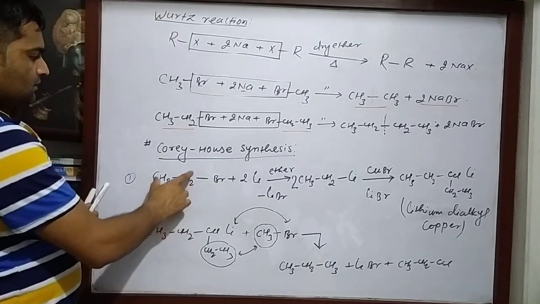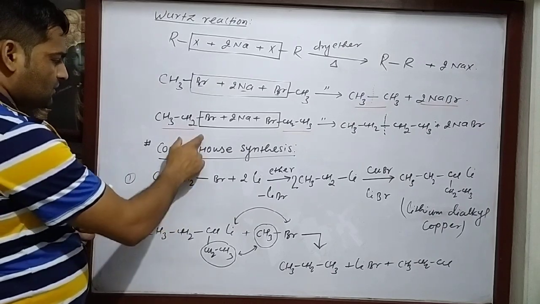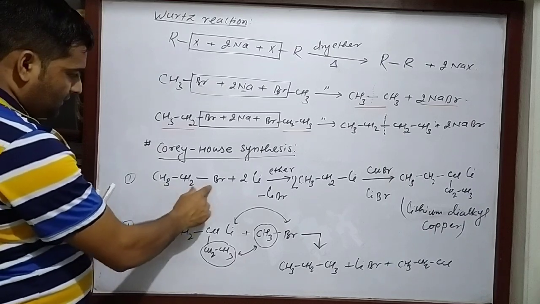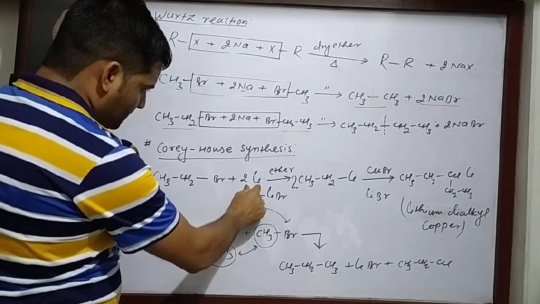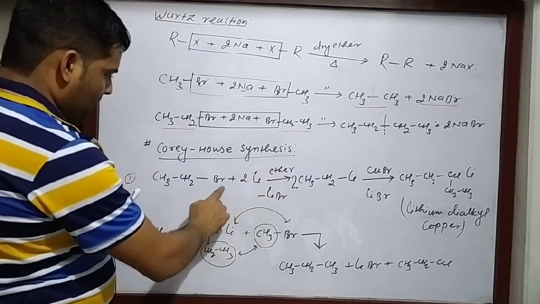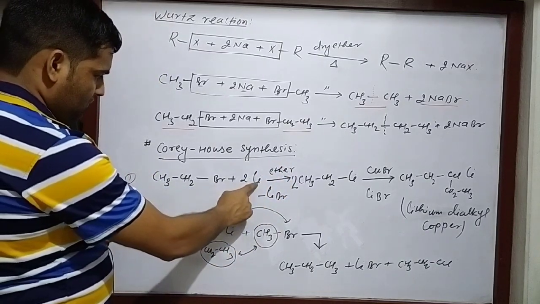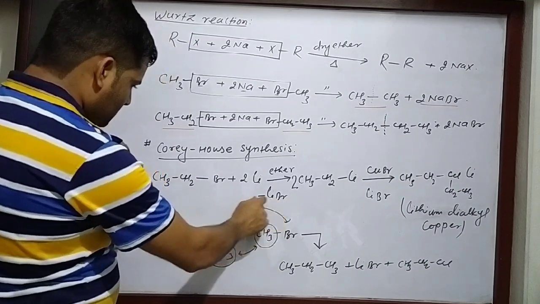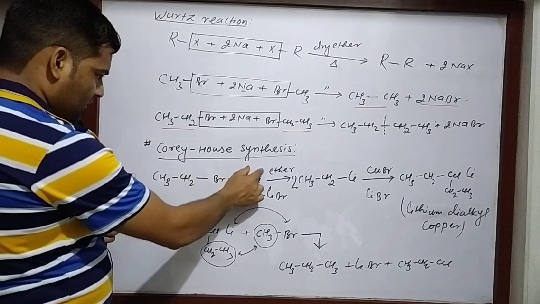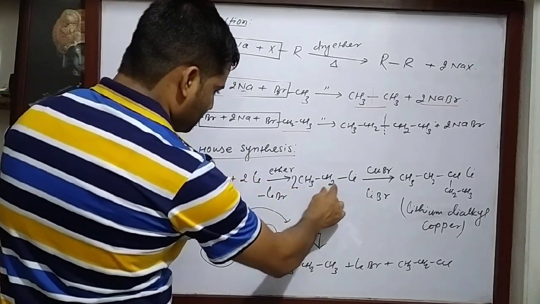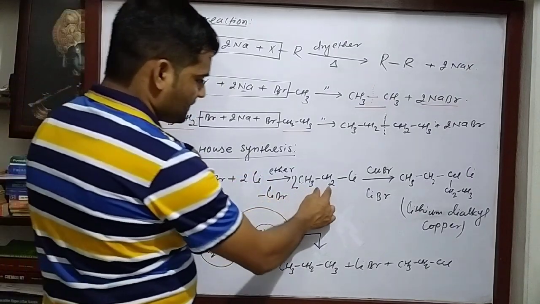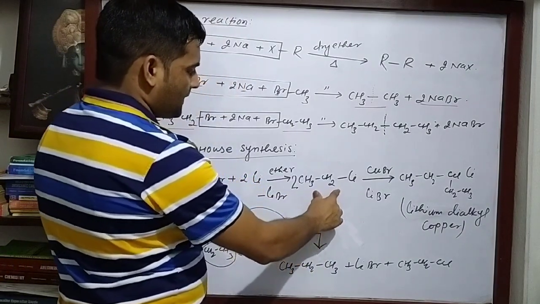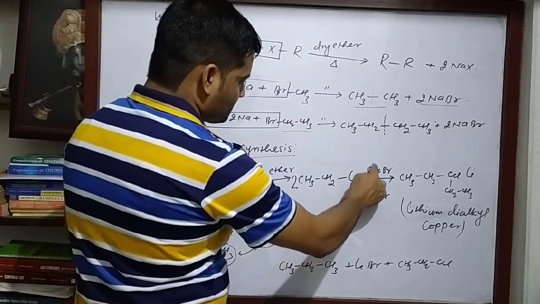Now come to Corey-House synthesis. And what is the Corey-House synthesis? In Corey-House synthesis, at first alkyl halide reacts with lithium metal in presence of ether, and here this halogen combines with one lithium to give LiBr, lithium bromide, and this alkyl group combines with lithium to give alkyl lithium, here the ethyl group, this is ethyl lithium. And again we react this alkyl lithium with CuBr,